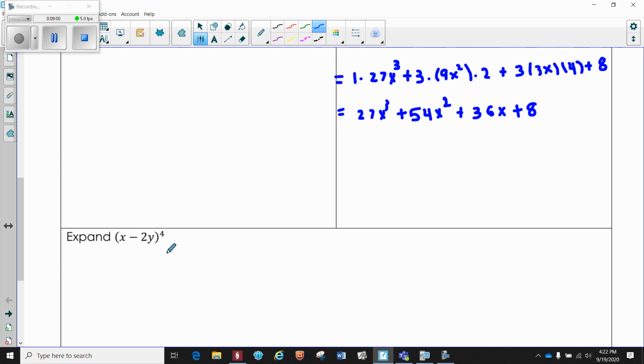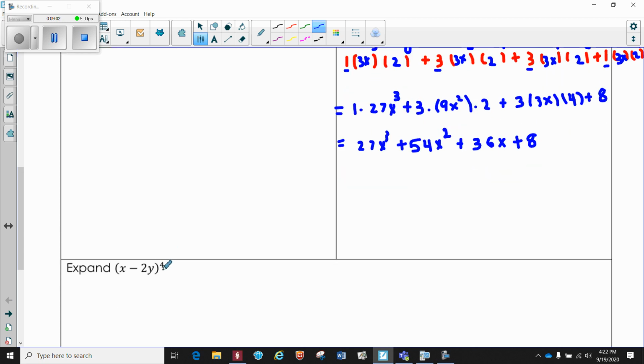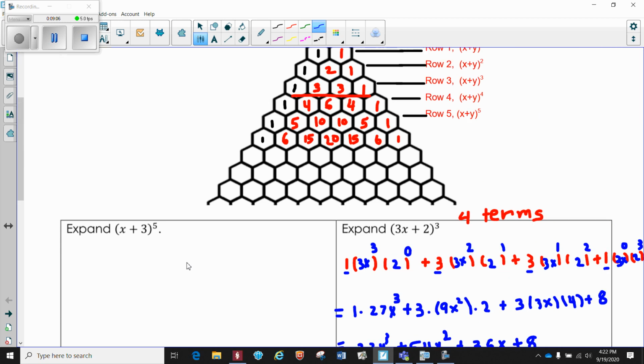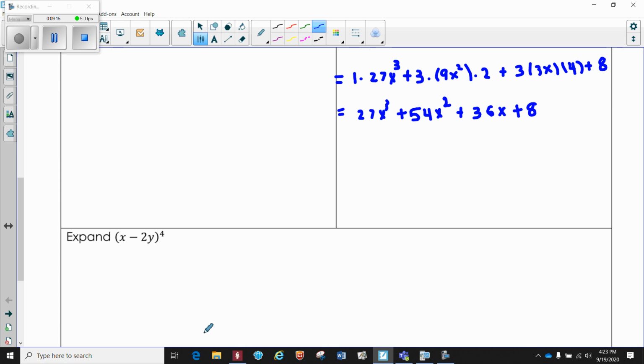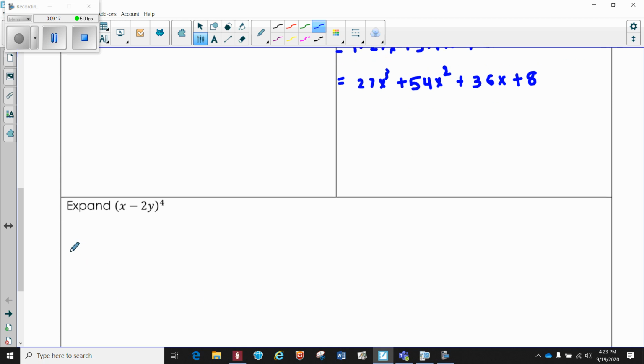So x minus 2y to the fourth power. So we know that this is going to have 5 terms. Okay, so we go to the row 4. So it's going to be this here, 1, 4, 6, 4, 1. Okay, 1, 4, 6, 4, 1. Right, so 1 and then 2 parentheses. Okay, plus 1, 4, and then 2 parentheses,